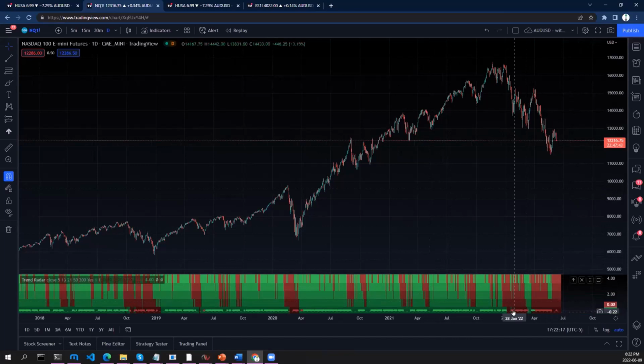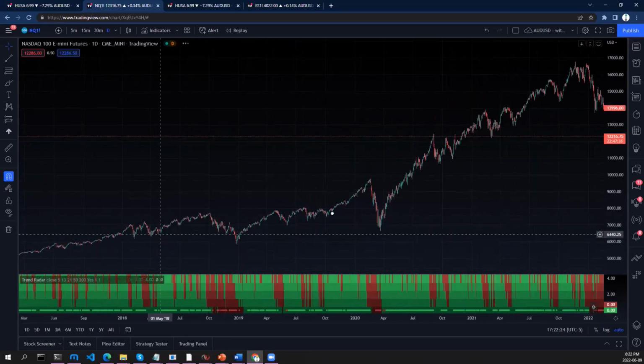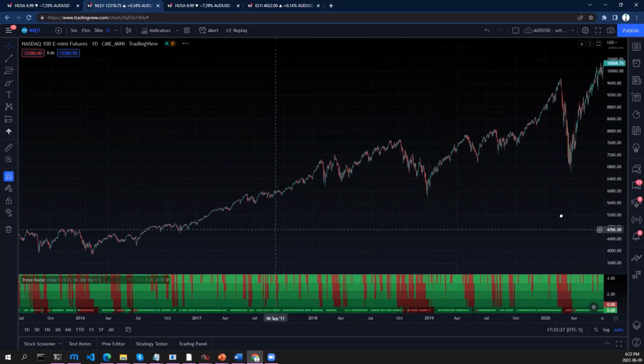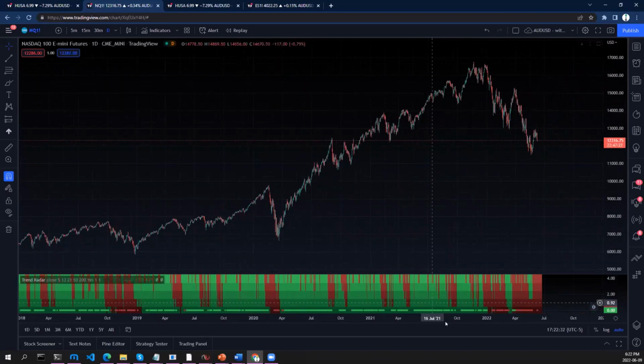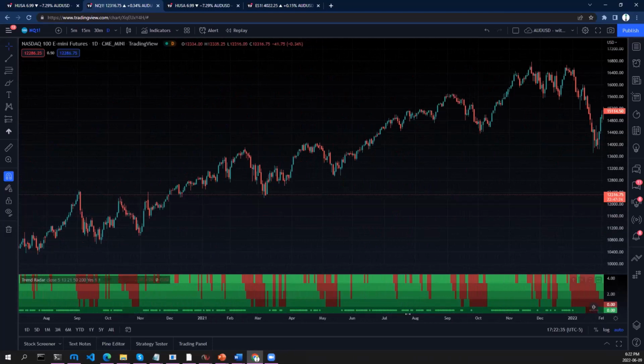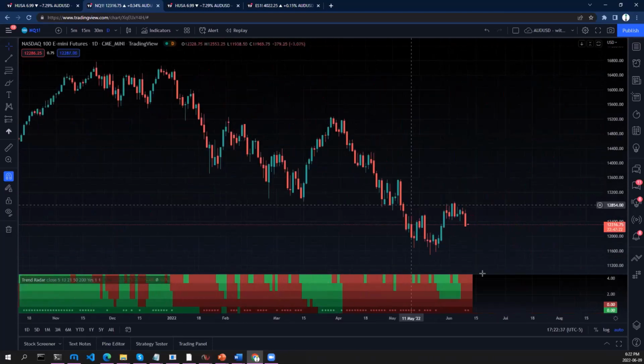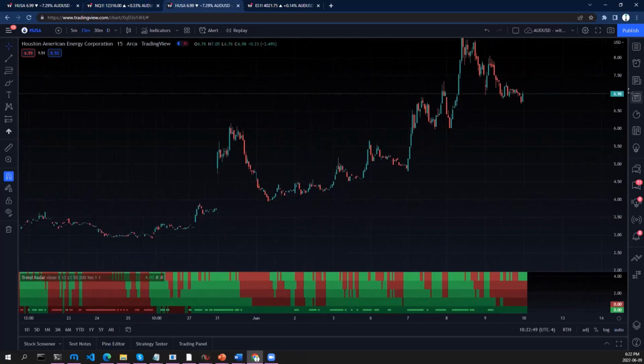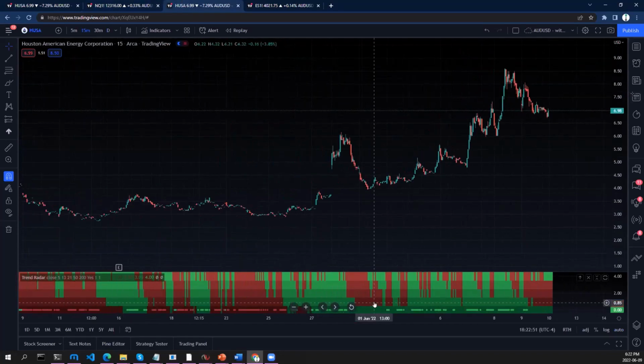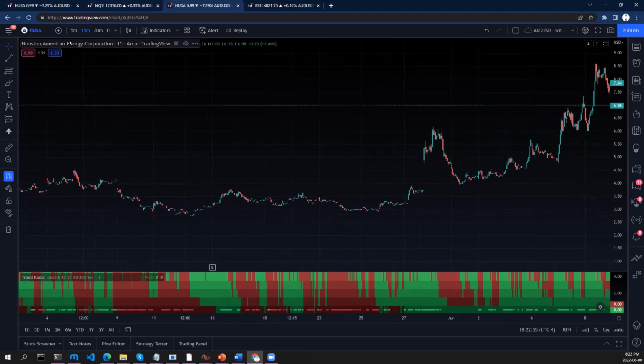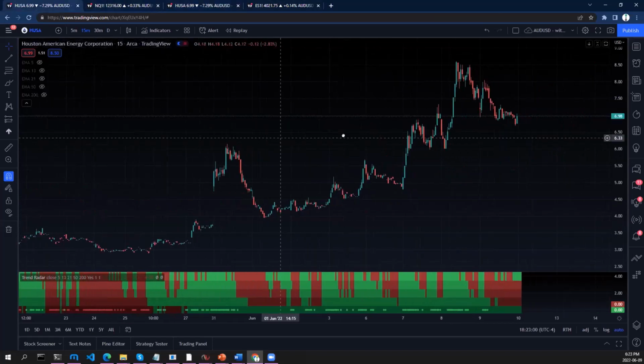This type of dip, I just think it's a great example of how it encodes the information nicely. So this might not be so obvious just looking at the chart, but this has actually been a very extended period of bearish action, compared to anything we've seen even in the past 4 or 5 years. So I find it's a very easy way to absorb a lot of information on the short and long-term trends. So here we see we had a little pumping up here into bullish action on the short, medium term, but it was quickly reversed. And last little example here, I put it on a 15-minute chart for, I think this is Houston Energy. And I just wanted to demonstrate how the EMAs work.